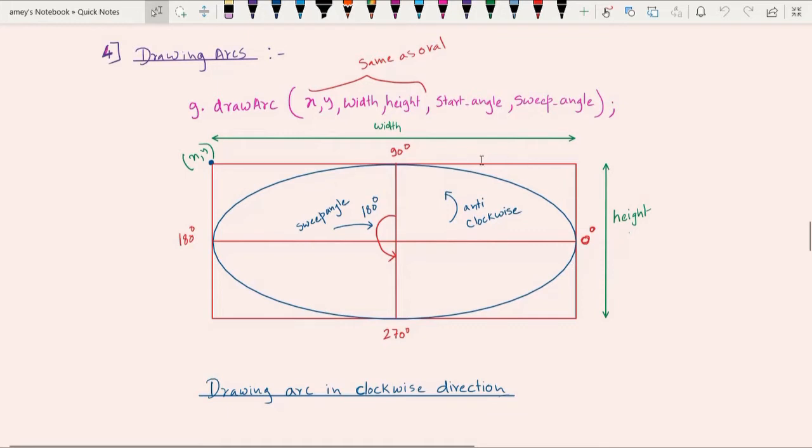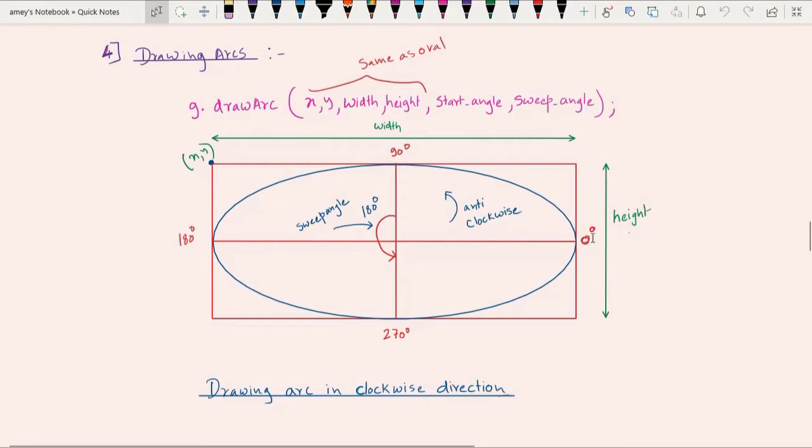Now to select an arc from that oval, we use 2 other parameters. There is something called start angle and something called sweep angle. Now if you have a clock at home, this is the 12 o'clock position, this is the 3 o'clock position, this is the 6 o'clock position. So in this draw arc method, we consider the angles in anti-clockwise fashion.